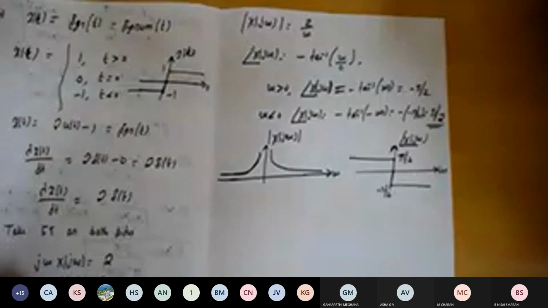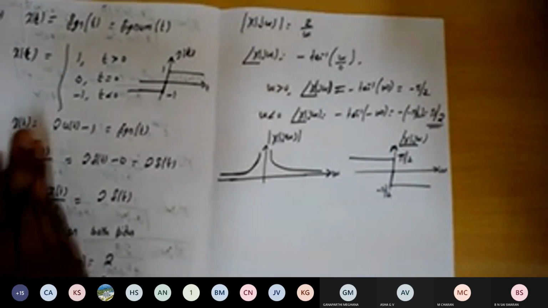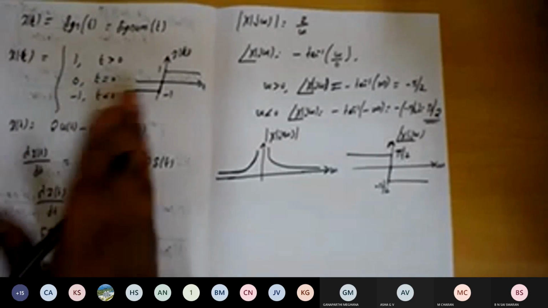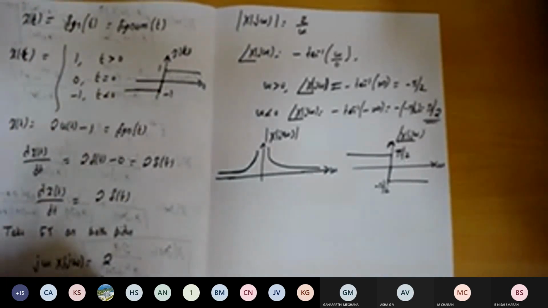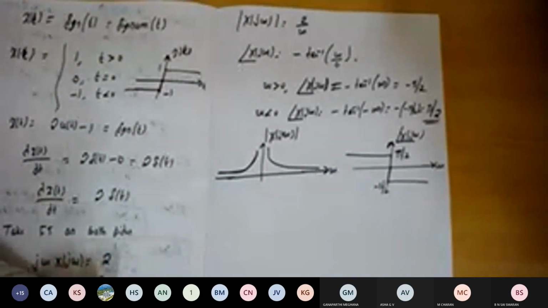In some medical image processing, you might know about MRI scanning, or ECG, EEG scanning. There sophisticated filters are required in order to identify the problem in the ECG or the EEG signal, or in MRI scanning. So there we make use of the filters and the phase responses. So, right, done. So this is a signum function.